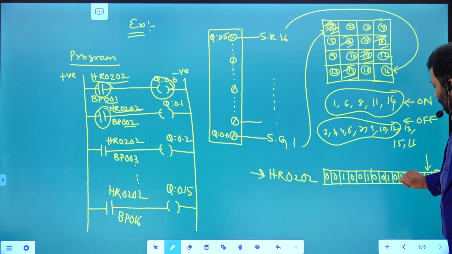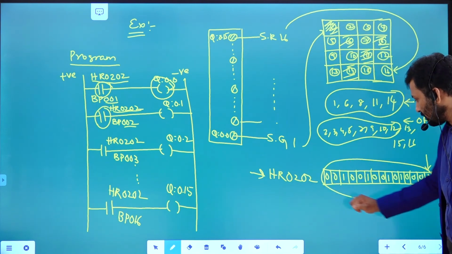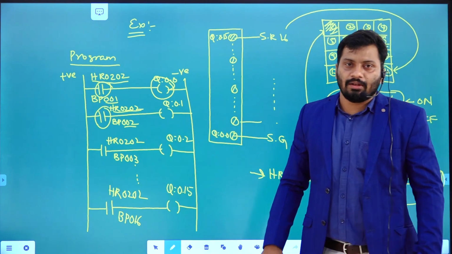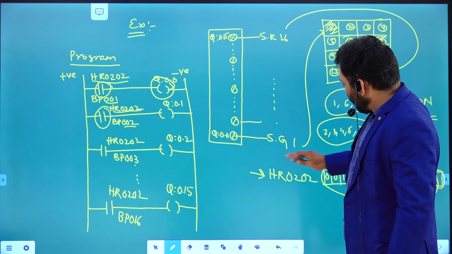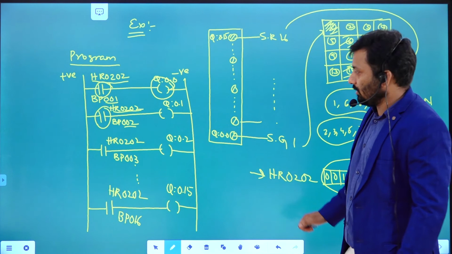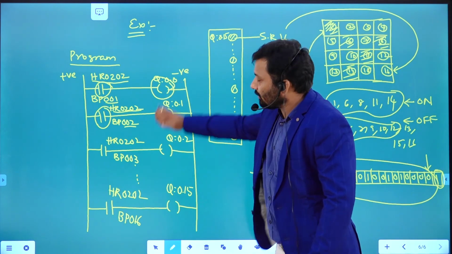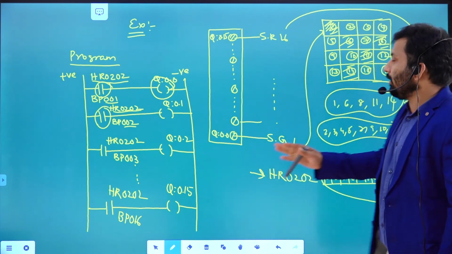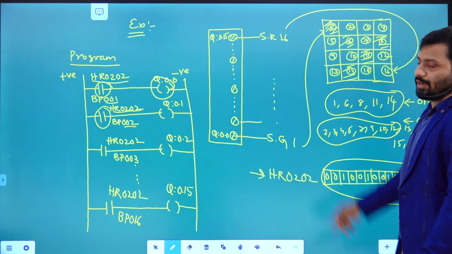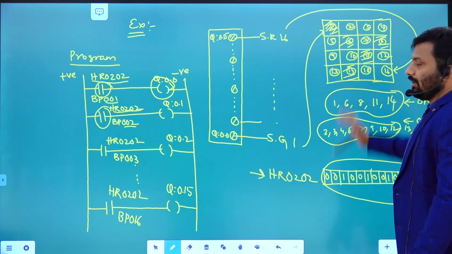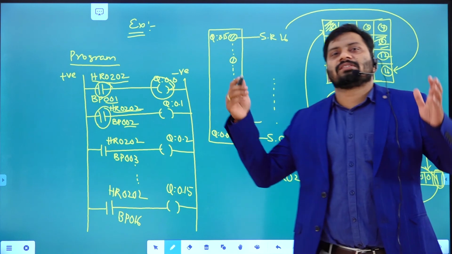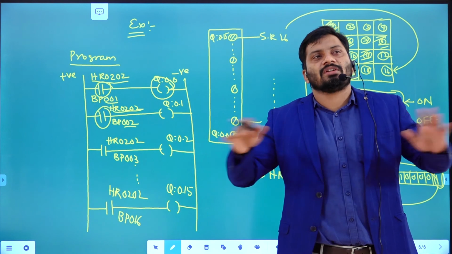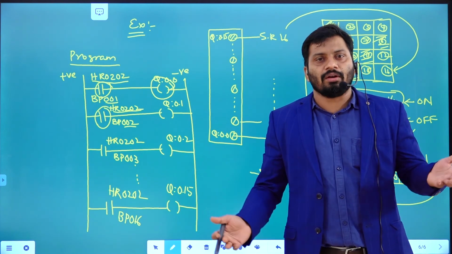Like that, the bits present in this particular register are going to be followed until the end of execution of this total program, right? In the way bits are adjusted in this particular register, like that, the guns connected to the particular output terminals are going to be on and off. Accordingly, the particular guns are going to spray. Here it may be guns or something else, right? For example, if 16 motors are there, 16 motors, if you want to switch on and off, you can do it like this, right?